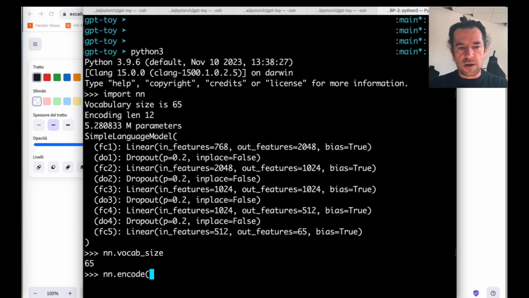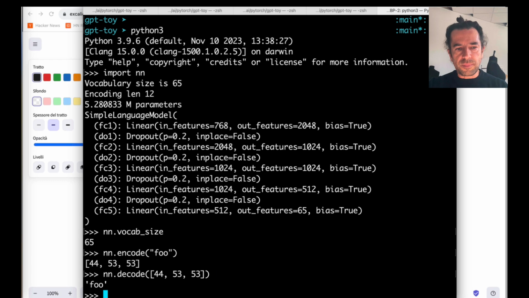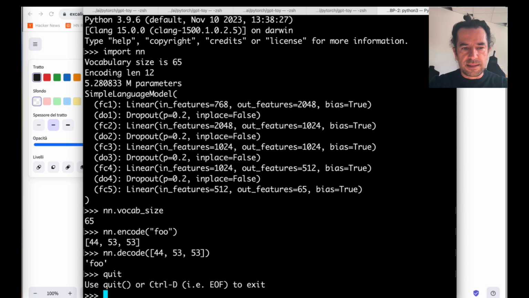There is a function that, given a string, will turn it into an array of indexes in our vocabulary, and a function performing exactly the contrary task. And that's it about the tokenization itself.